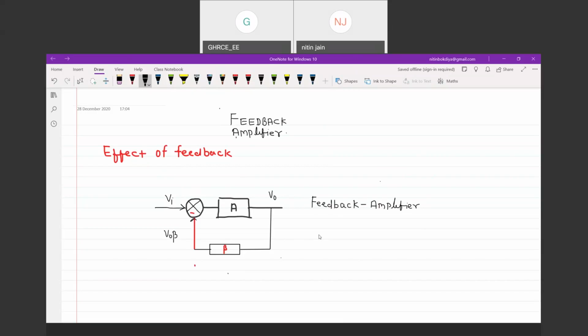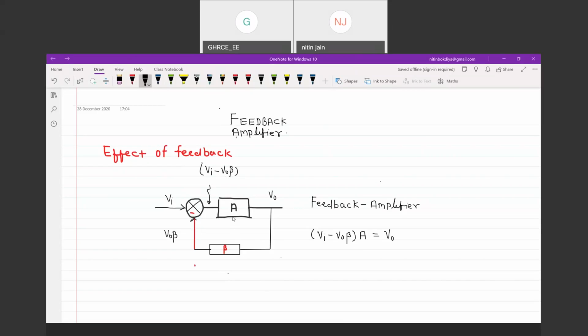So I can say Vi minus Vo into beta, times of A is equivalent to V out. This input is Vi minus